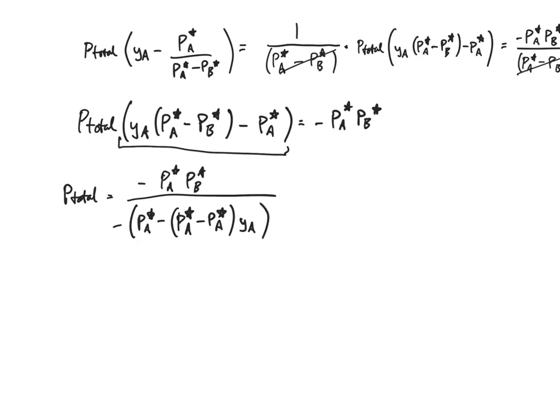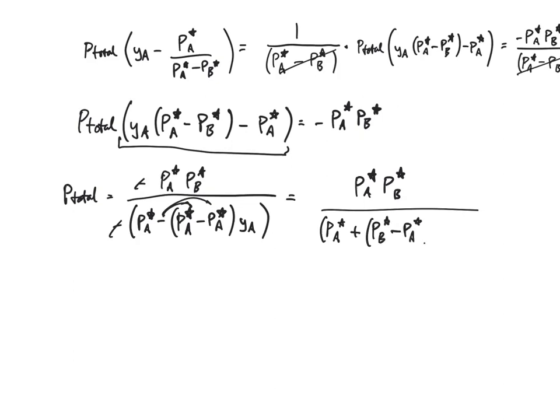All right, hang in there, we're almost done. We can get rid of those negative signs, and we can distribute this negative sign to both variables, and what we get in the end is PA star PB star divided by PA star plus PB star minus PA star